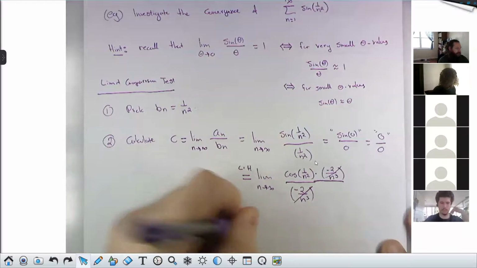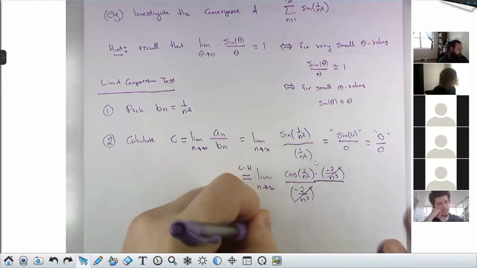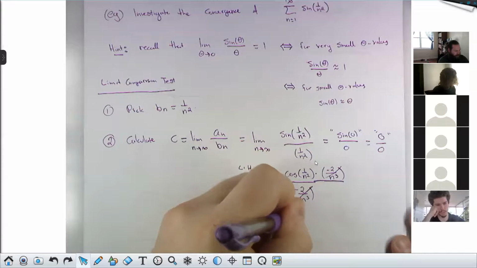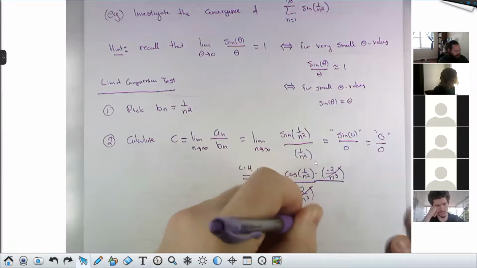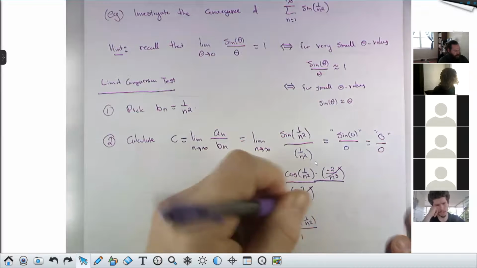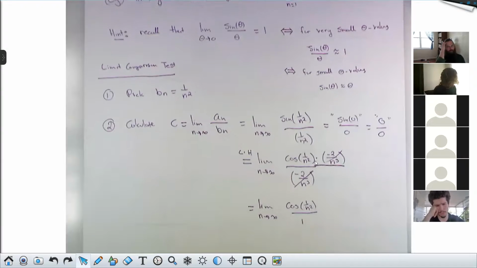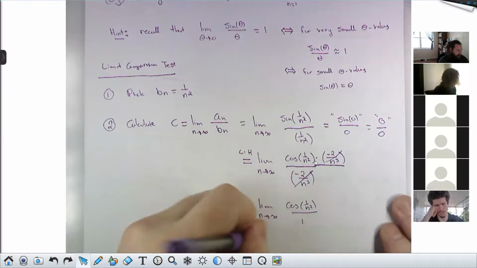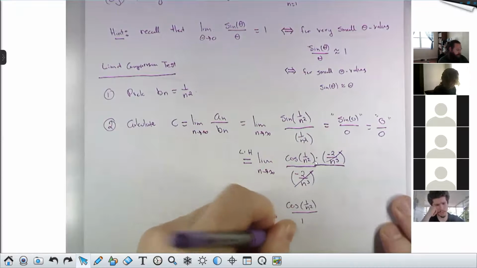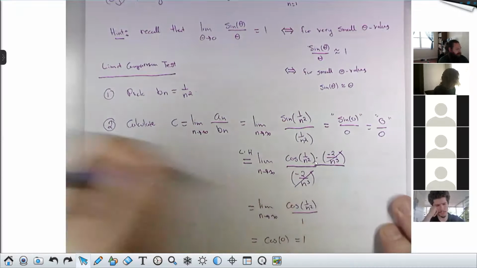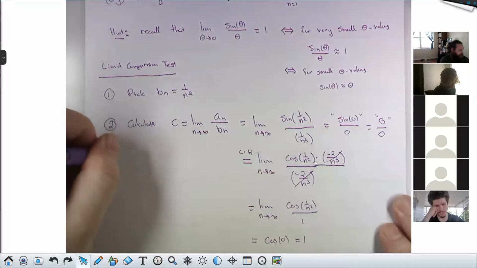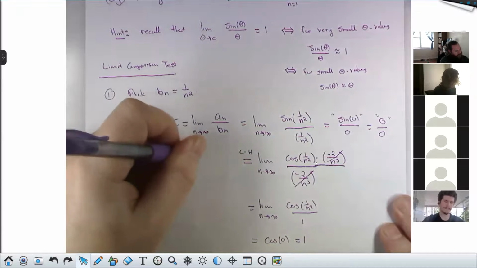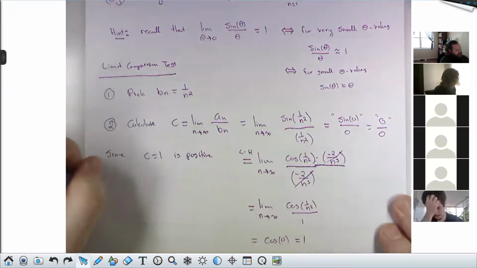Now, having done that, I just look at what my limit is now. We've done one run of L'Hopital's rule. I now have cos of 1 over n squared all over 1, which is cos of 0, which is 1. So since c equals 1 is positive and finite,